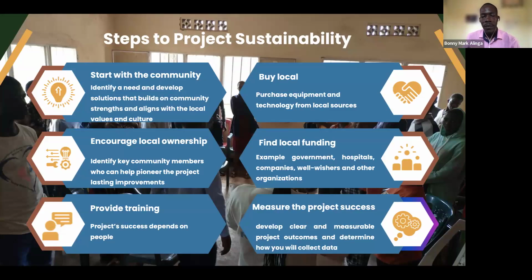Then provide training, because you're dealing with human resources, you need to provide trainings. Every successful project depends on the people, and the people who are knowledgeable on how it will go, how the vision bearer wants the vision to be realized, how the operation will align with the project success. So you need to train, and provide training.